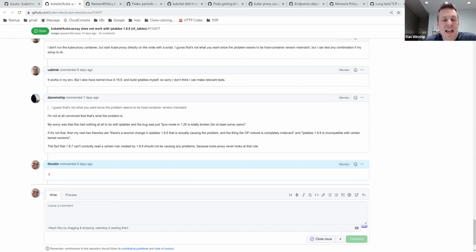And they explained why, and we freaked out and filed an upstream IP tables bug. And then we realized that the explanation that they gave makes no sense. It assumes kube proxy does things which kube proxy does not actually do. So we have at least 2 people reporting this. They're both using IPVS. We know that IPVS isn't broken for everybody. We haven't figured out what is going on yet.